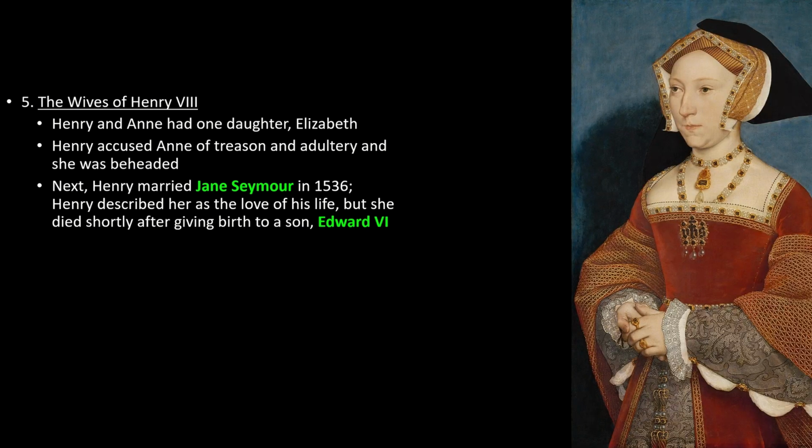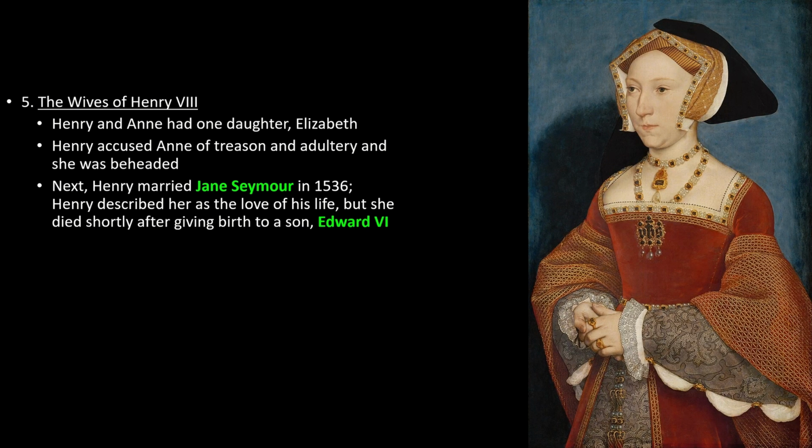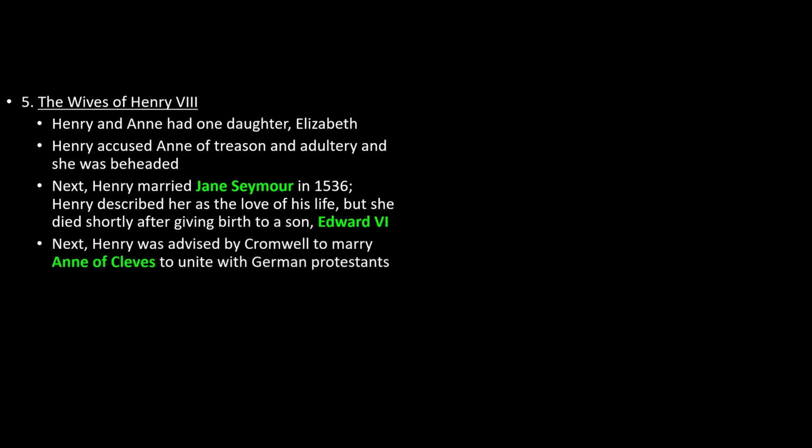So in 1536, he marries Jane Seymour. Now, Henry VIII, in his letters and his writings, described Jane Seymour as the absolute love of his life. But she dies shortly after giving birth to, yes, a son, Edward VI. So he finally gets a son, but not too long after, he loses his wife, probably due to complications in childbirth. You see, guys, giving birth back in the day was almost a 50-50 chance that the mother could face several severe consequences and die in childbirth. So she died not long after. And guys, Henry VIII was devastated. But guess what? He marries again.